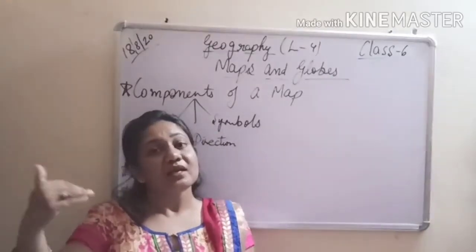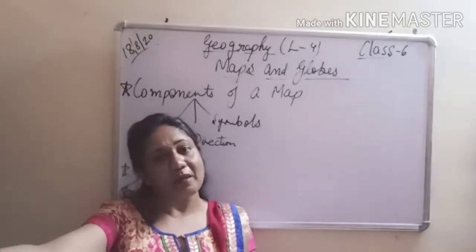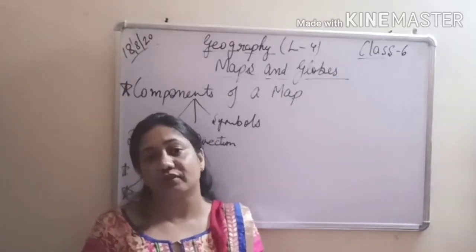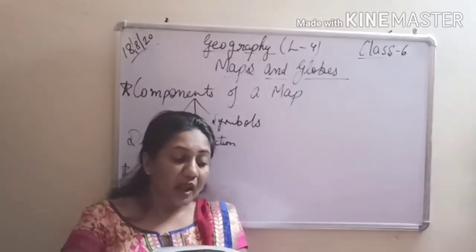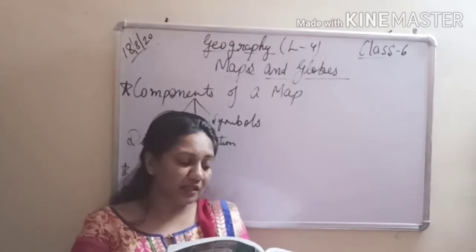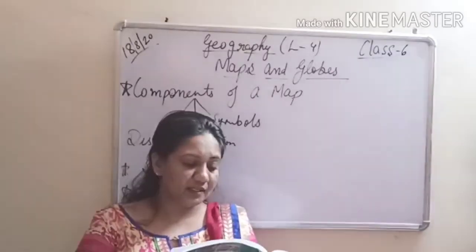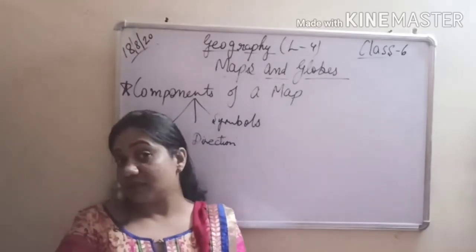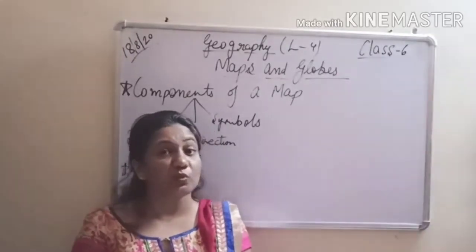So it is always just the ratio of the map distance to the ground distance, or the actual distance on the floor, and that is known as the metric system. When the distance between any two places on a map is measured along a straight line, it is called a map distance. Now again an important objective question: what is map distance?